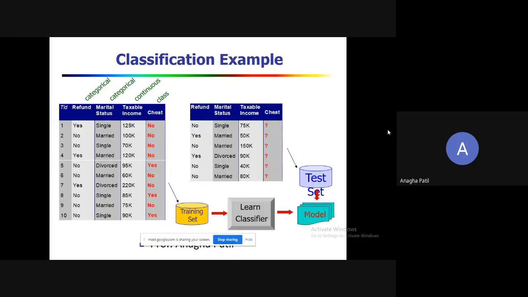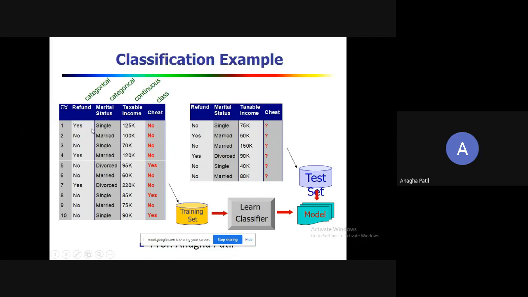So here is an example of how it goes ahead. We have been provided a data set having the attributes TID, refund, marital status, taxable income, and cheat. Suppose the task is, given a sample, we need to classify it into the class label cheat. The possible values for the cheat attribute are yes or no, so we'll have two class labels, cheat equals yes and cheat equals no. This is our training set, and based on that we are going to build a classifier.